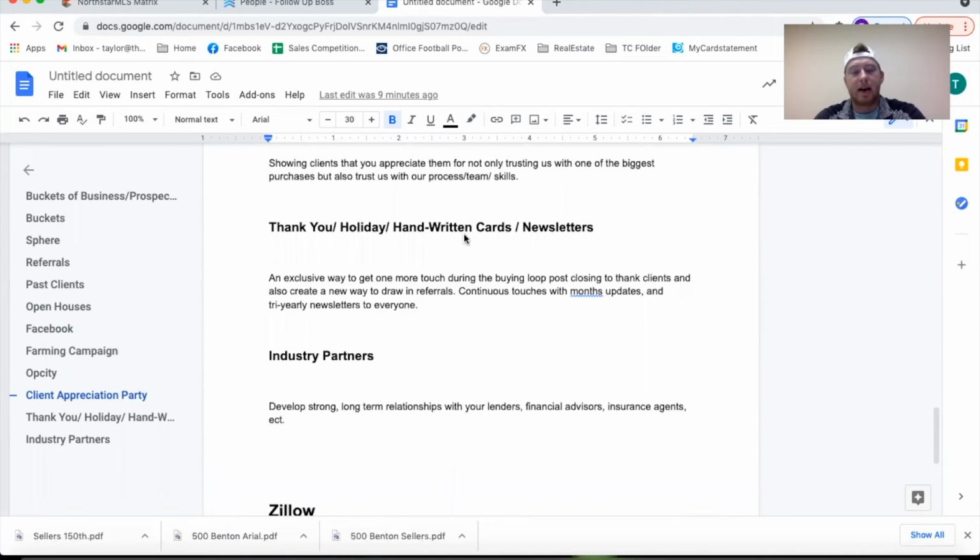Thank you cards. Nobody really gets handwritten mail anymore, other than the paid advertising postcard crap that everybody sees and pretty much chucks right into the garbage can. So when you've got thank you cards, holiday cards, Christmas cards, whatever the case may be, wherever your head's at with that, I try to do some team involved postage where we can keep people informed with where the team's at, where the market's at.